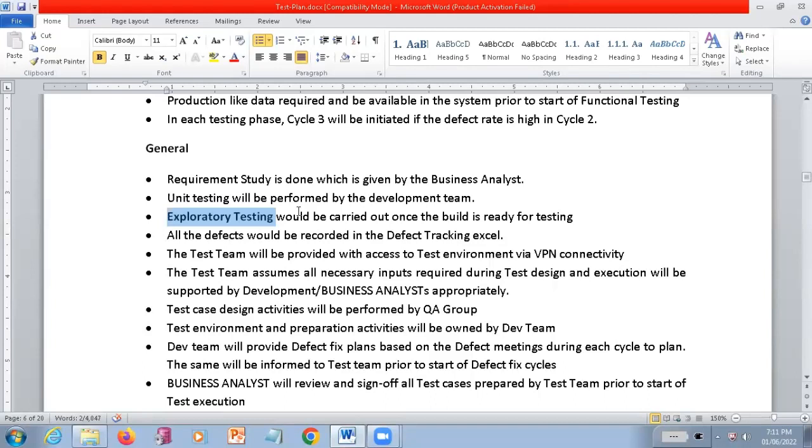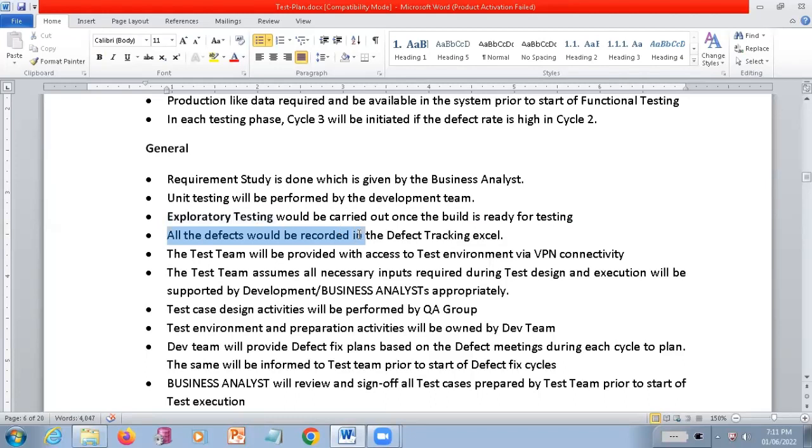Once he does the exploratory testing and makes sure that the system is fine, only then will it go to the next level of testing, like component testing, integration testing, system testing, and regression testing. They will do those testings only after this exploratory testing.